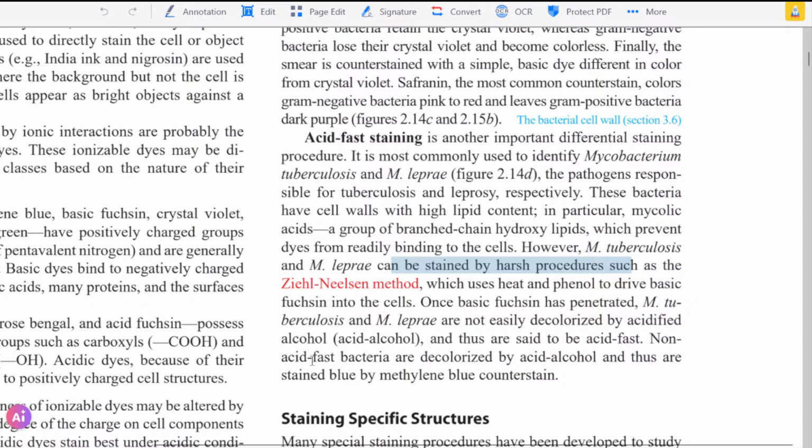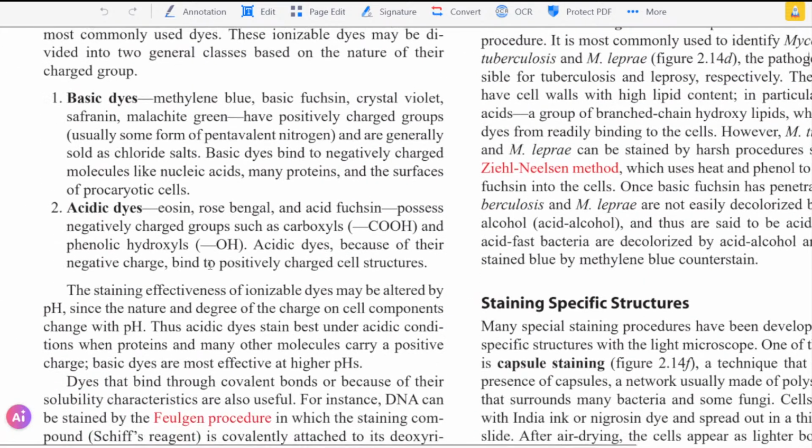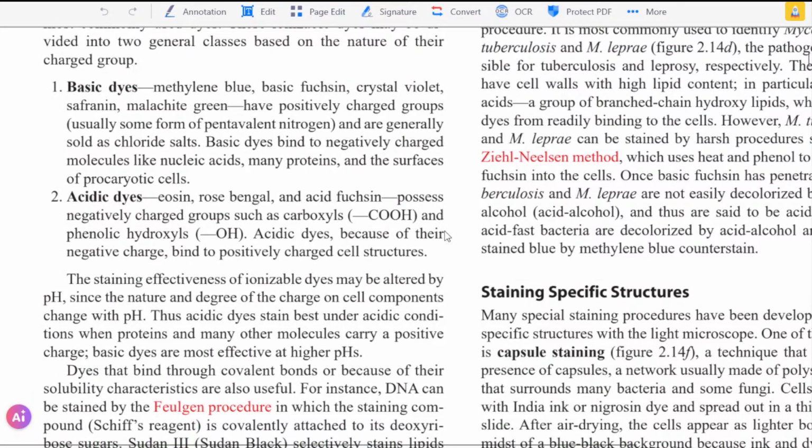Gill-Nielsen method, which uses heat and phenol. Alright, so the phenol is a chemical and heat is working like iodine to fix it, to drive basic fuchsin into the cell. Basic fuchsin, again, is the basic dye and not the acid dye. Just as that one was the Feulgen procedure in the